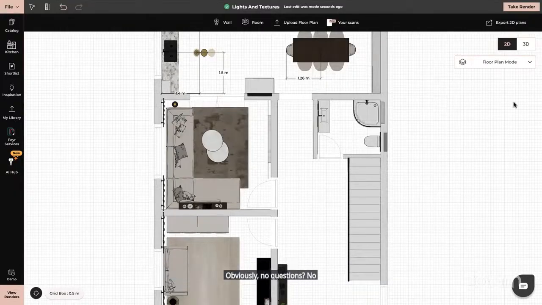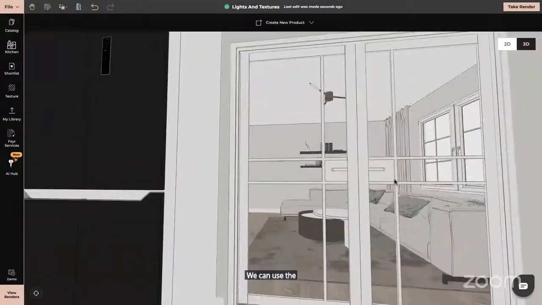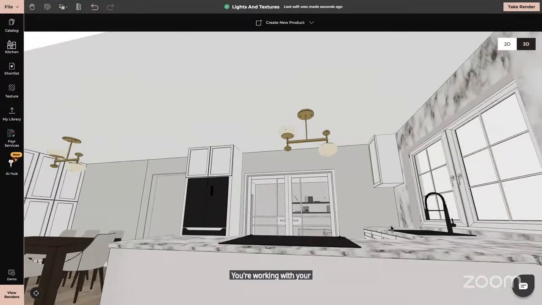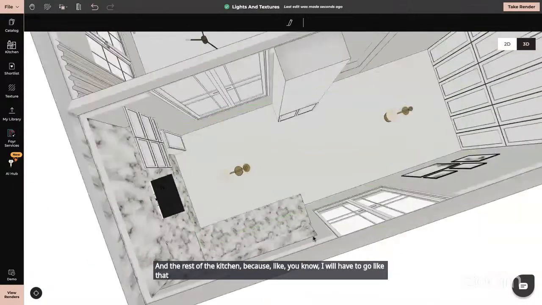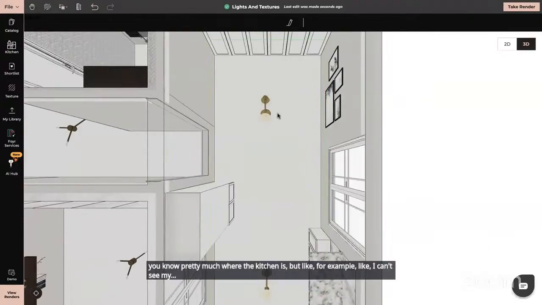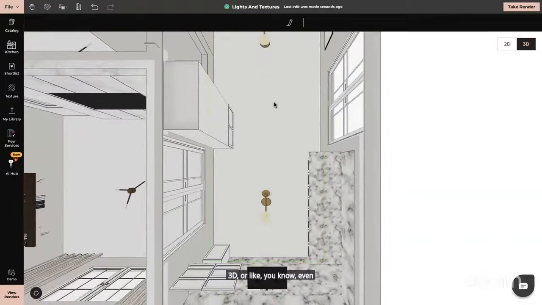No. So now if I go to 3D mode, we can use the guidelines. But with using the guidelines, you're working with your ceiling space only. So you don't actually see the rest of the kitchen, because I will have to go like that, pretty much where the kitchen is. But for example, I can see my dining table, but if there's anything that you want to do in 3D,